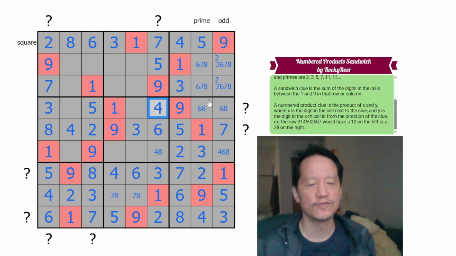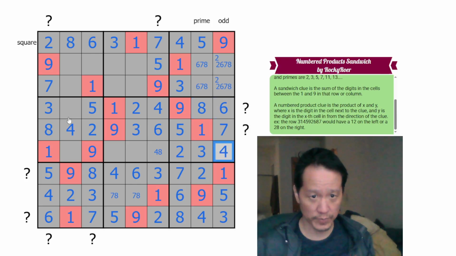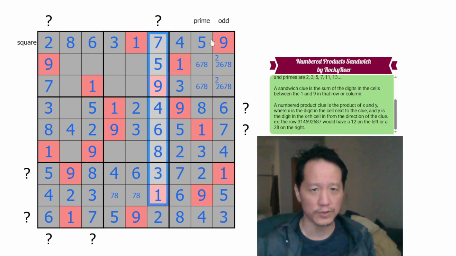So this has to be 4 then. If it's 8 with anything, it would be 2, but the problem is 8 and 2 multiplied to 16, and 4 plus another digit is never getting to 16. So this has to be 6 and 1, which makes this 2, which makes this an 8. That makes this a 4. That makes this 8, and I think it's all just Sudoku now, because I think we've solved for all the